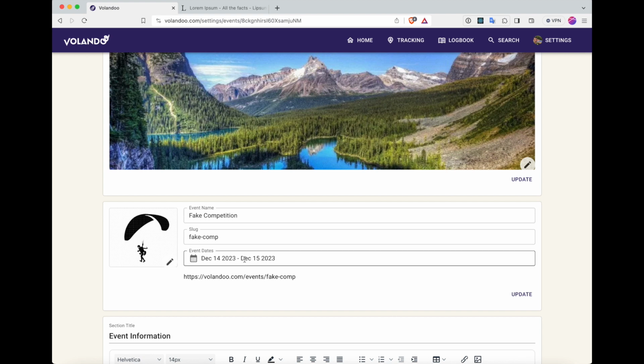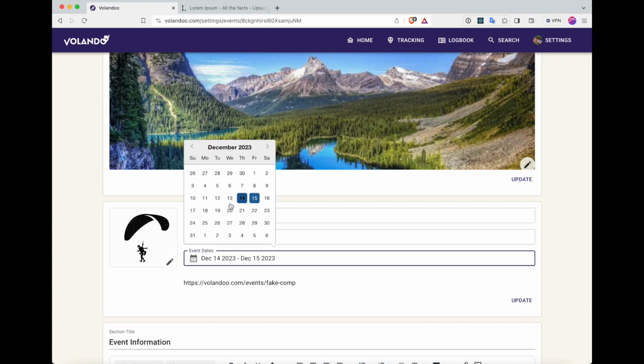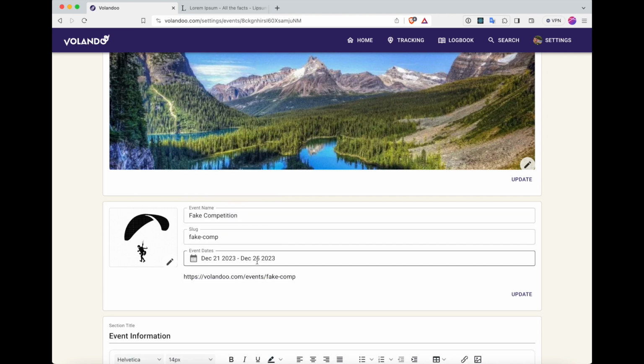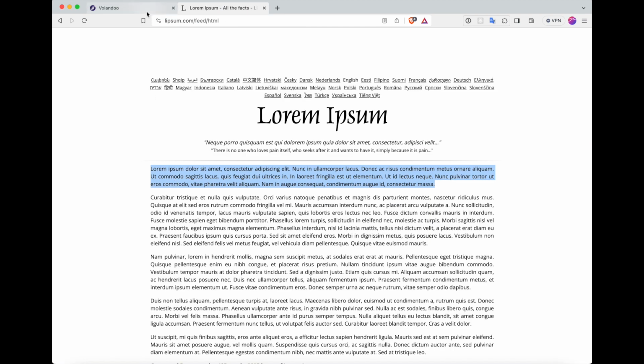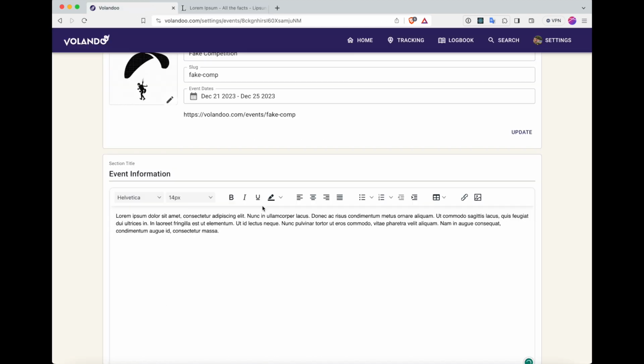Now we're gonna change the event dates. Let's say that this event is going to be from the 21st to the 25th of December, which is Christmas, whatever. Let's just update it. That's it. Now we're going to get some fake text for demo purposes, and we're gonna copy and paste. This is the event information